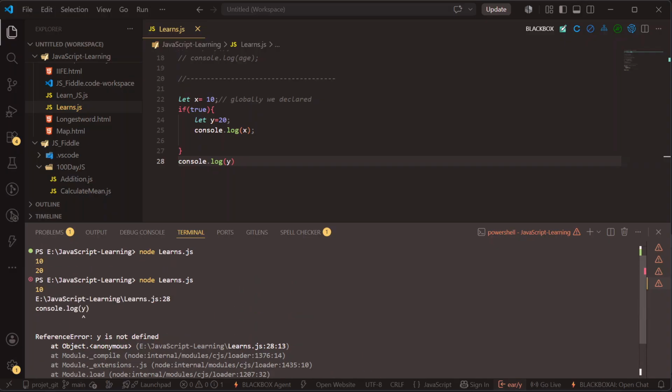It is showing that y is not defined. We can see that we declared x globally, so it can be used inside the scope function. But y is declared inside the scope function, so if we want to print it outside of the scope function, it is not possible. That's why it is giving a reference error. So the output will only be 10, because